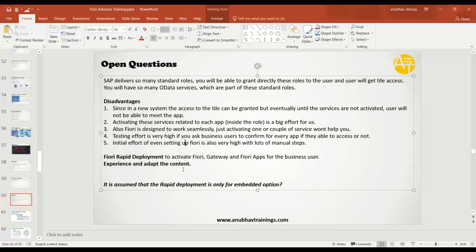The initial effort of setting up Fiori was also very high, where we activated a set of apps, and at times it may so happen that you miss out some important updates or some important steps during the update of a Fiori app. So that is where we will have an issue. Now the answer to all of that is rapid Fiori deployment,